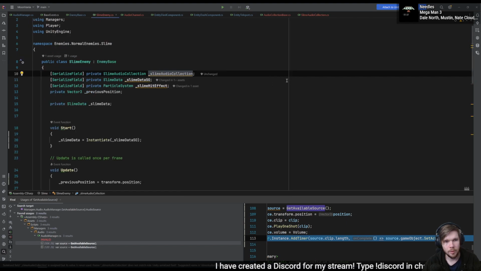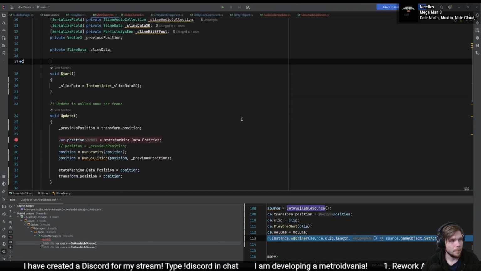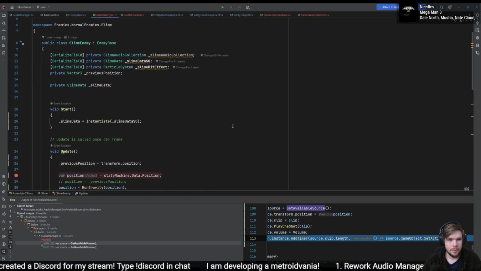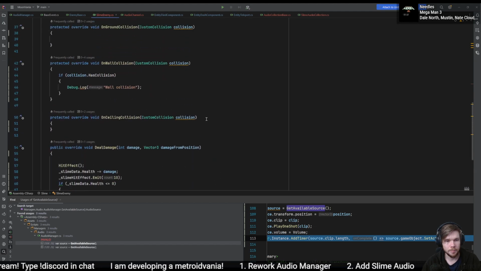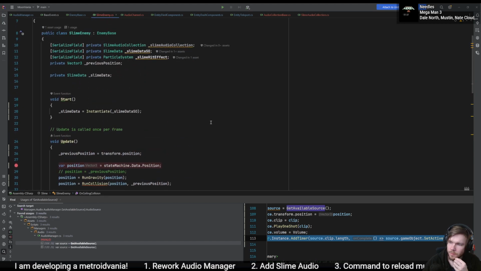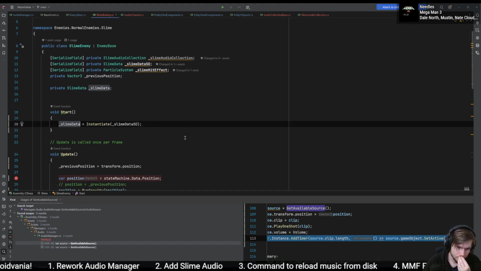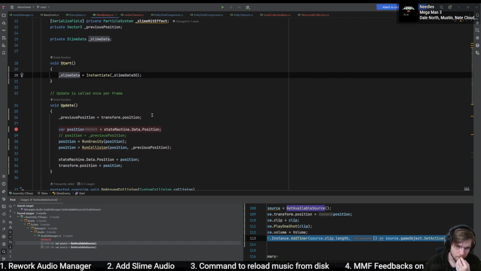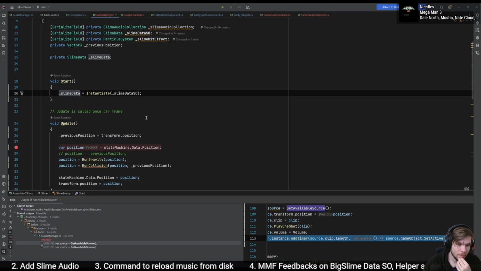We are not seeing the slime audio on the slime enemy, right? Yeah, we do. Slime audio collection right there. Cool. Now that is something I would need to put into my slime data. I should probably put it in there instead of having it separate, but for now